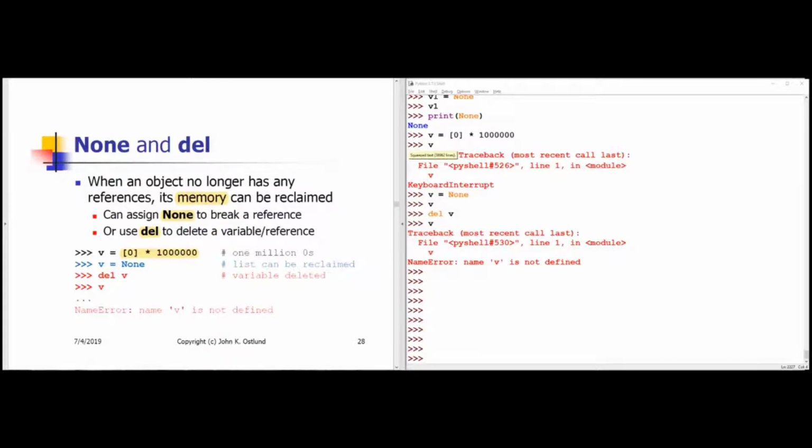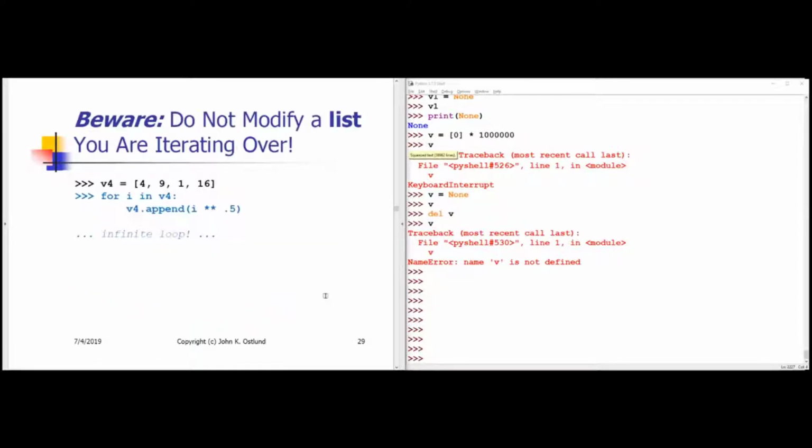Okay, so because a variable name is a reference to an object, when you're dealing with lists, something you need to be very careful about is you do not want to modify a list as you are looping through that list, because you can easily trap yourself into an infinite loop without noticing. Here on slide 29, I have a list v4 initialized to contain